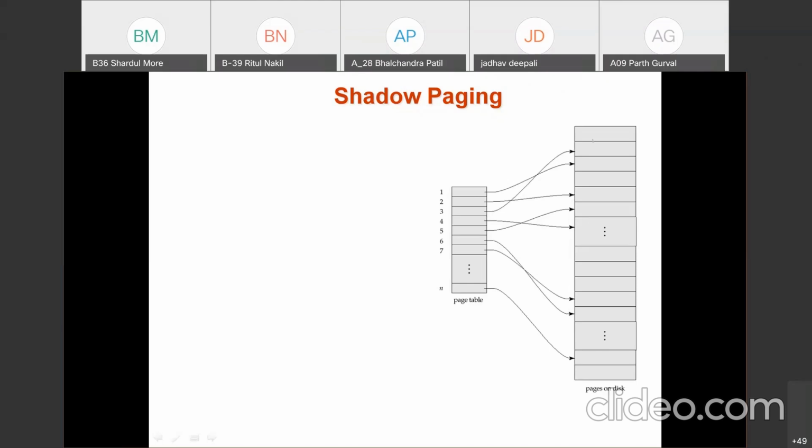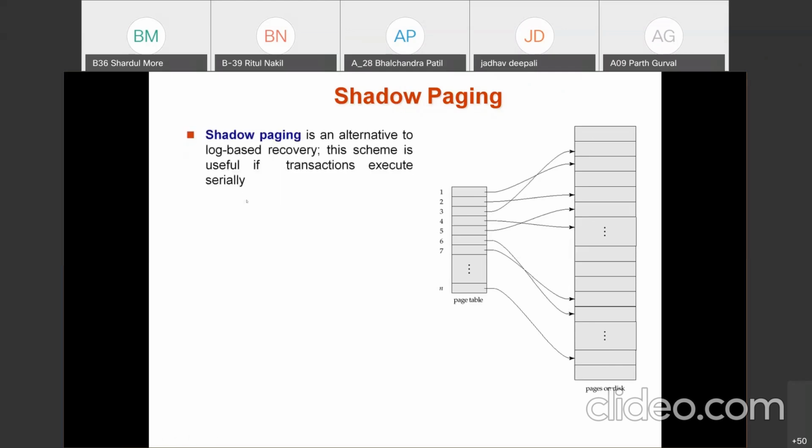Here the disk is divided into pages, as we use blocks or buckets in hashing or the simple concept of file. We use blocks; in the same way pages are used in shadow paging. Now how this page table is useful in shadow paging, that we are going to see.